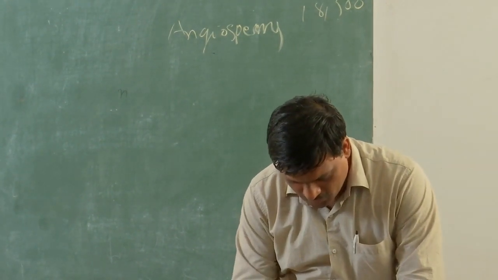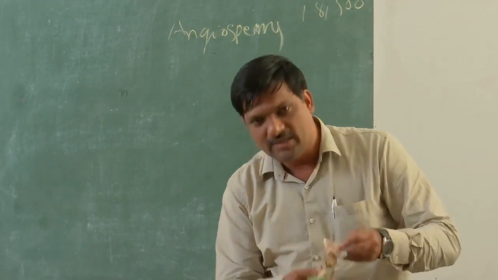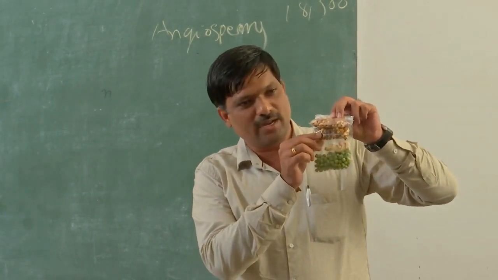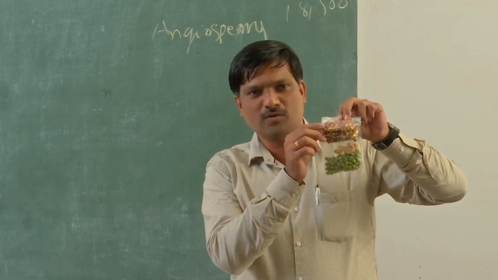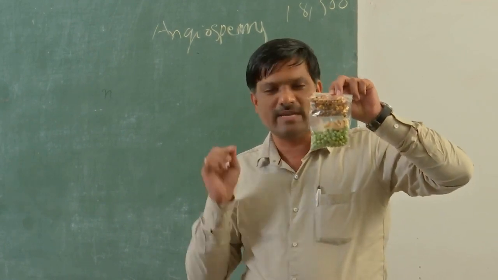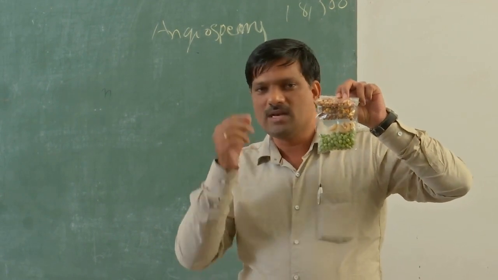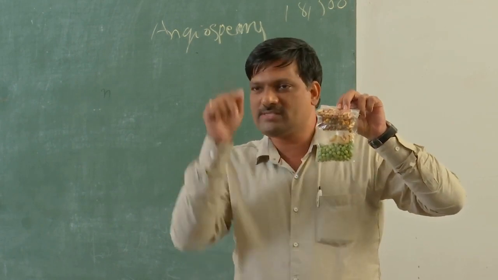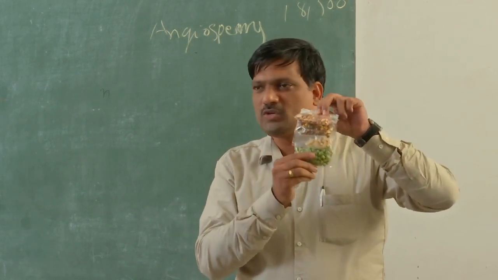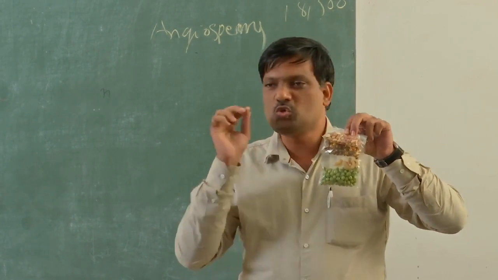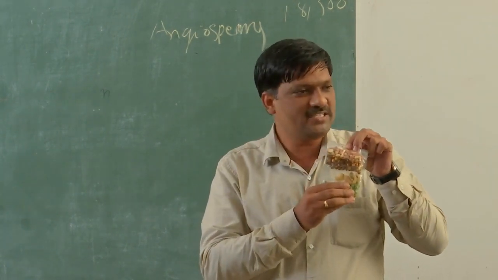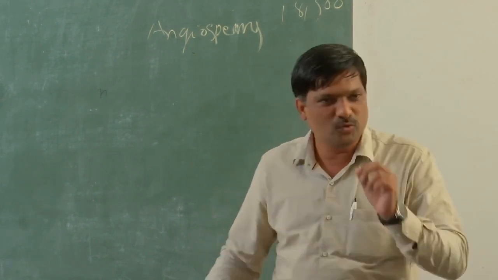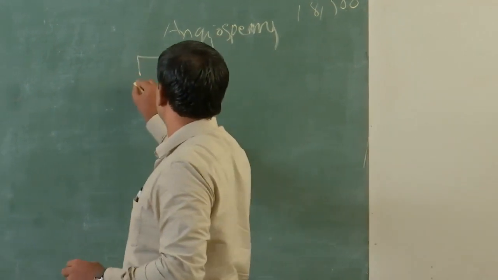Now I would like to show you some seeds. Look at these seeds: these are the seeds of batani, and also cashew nut, chana and groundnut. In all these seeds we can see one important character: we can get two equal halves when it is split along the suture. It means there are two cotyledons in the embryo of each seed. If any seed contains two cotyledons, we can group it as a dicot.